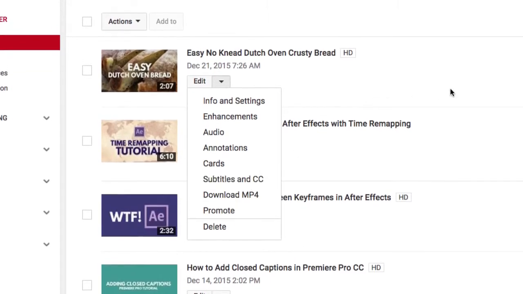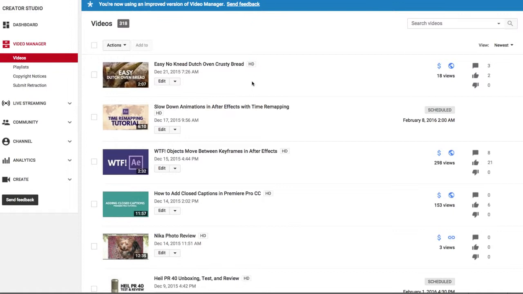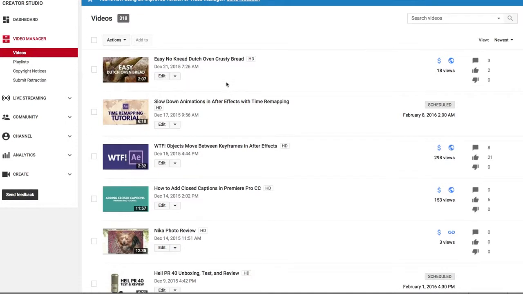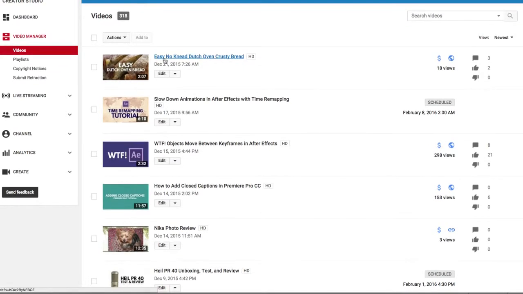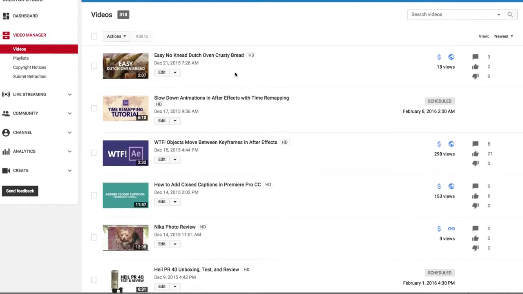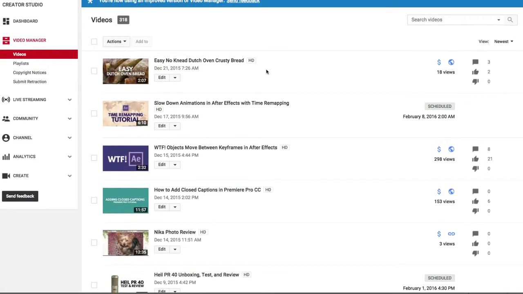And this is something that a lot of people don't know about, and it's a good trick to know. If you, for some reason, deleted your video, the original video, you can always go to your YouTube page, click this down button on the video, and click download MP4, and you can get a backup of your video. Now, it will be the compressed version that YouTube created when you upload your video. They always compress it using their own algorithms so that it plays nicely on YouTube, but it still will be